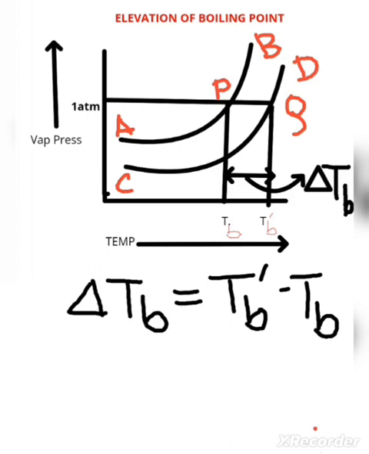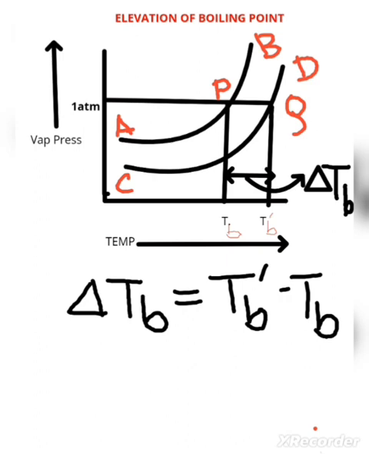Today we'll start elevation of boiling point. Before going to boiling point, first you have to know what boiling temperature is. Boiling temperature or boiling point is the constant temperature at which a liquid starts to boil, meaning it is converted to the vapor phase, and throughout this boiling process the temperature remains constant. A liquid starts boiling only when its vapor pressure reaches 1